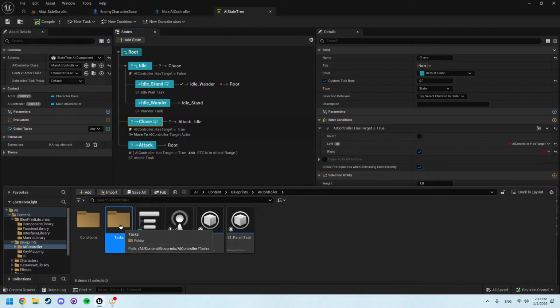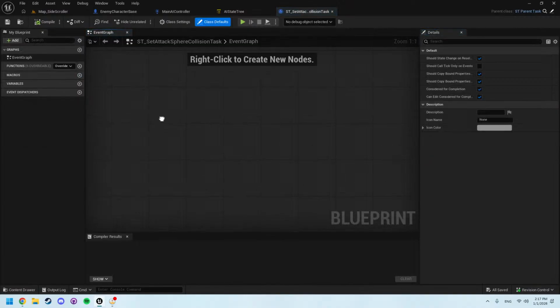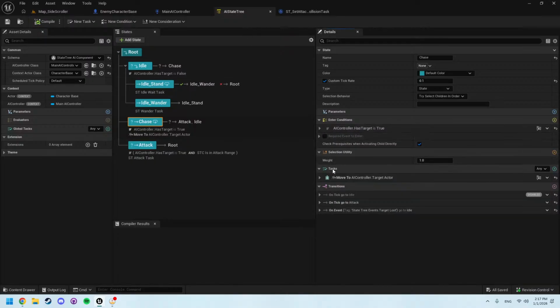From here, it should be once we enter inside, start moving to, and